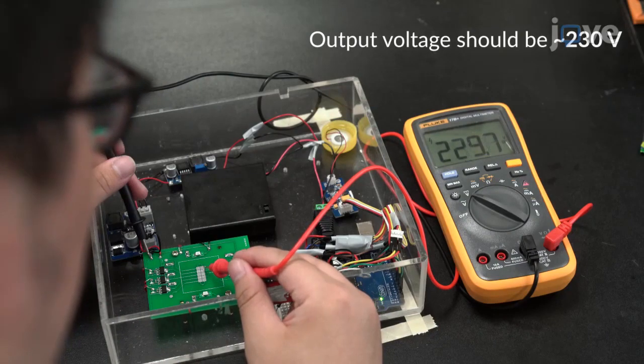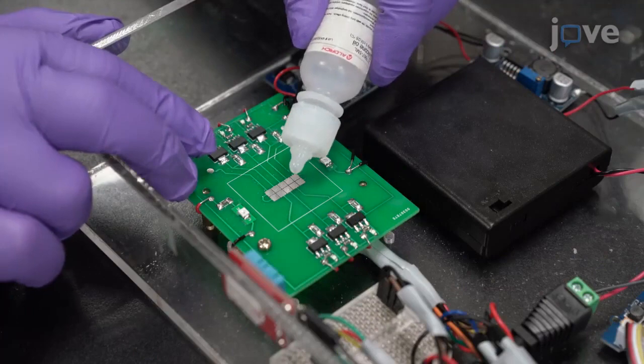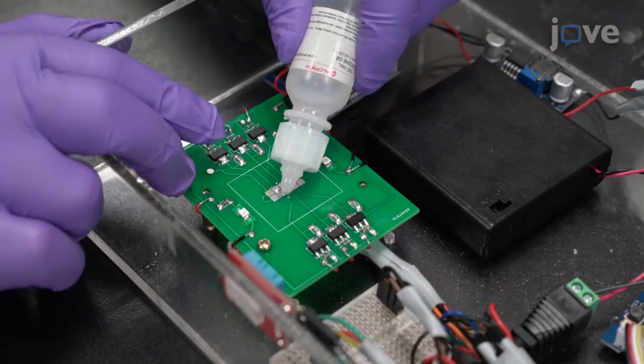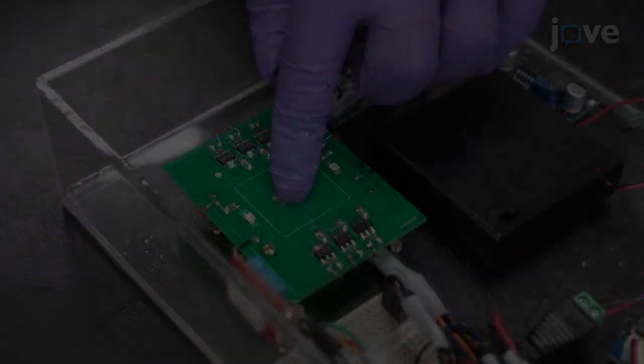EWOD electrode. Wear clean nitrile gloves and apply 10 microliters of 5 centistokes silicone oil on the electrode area using a micropipette. Spread the oil